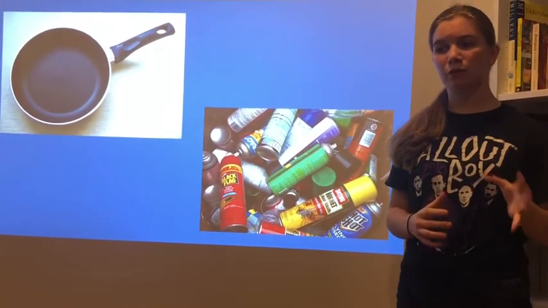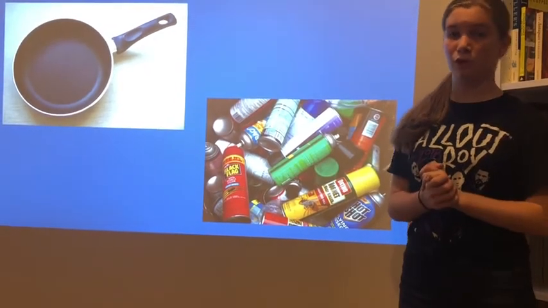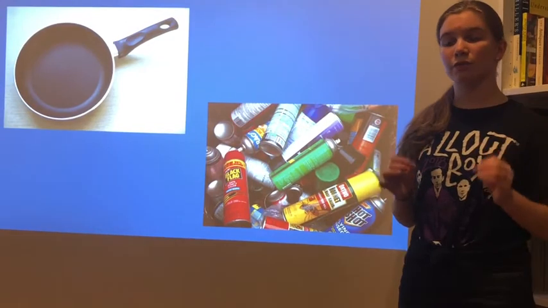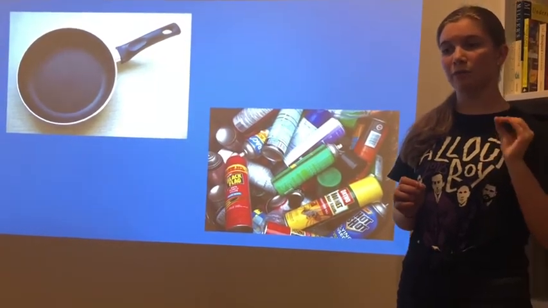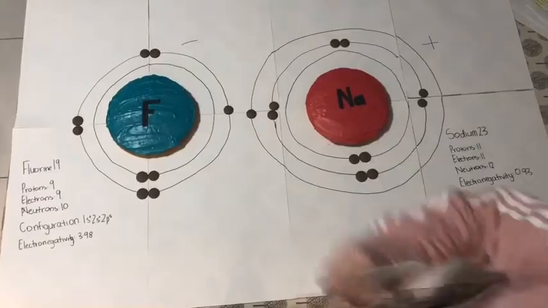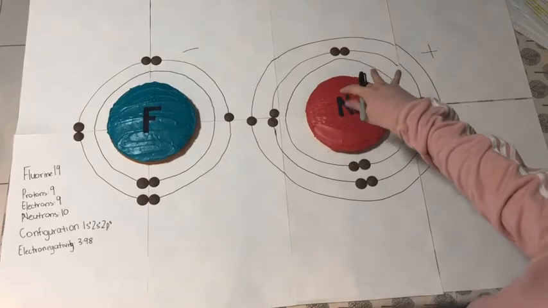Fluorine gas in its pure form doesn't really have any individual uses, however, it does combine with other elements to form compounds such as Teflon, which is used as a non-stick agent in cooking. It is also found in chlorofluorocarbons, which were found in aerosols before discovering they pose an environmental threat leading to their ban. Fluorine also forms ionic bonds when a metal such as sodium gives up its valence electrons to a